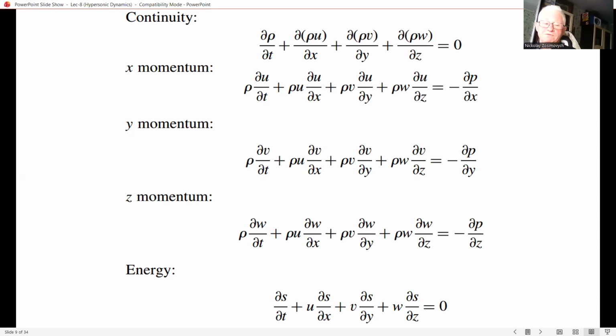For hypersonic flow, even these approximate governing equations are still nonlinear. But as we have seen in the last two lectures, various approximate methods have been successfully developed to obtain useful